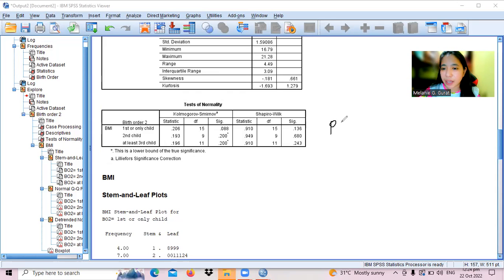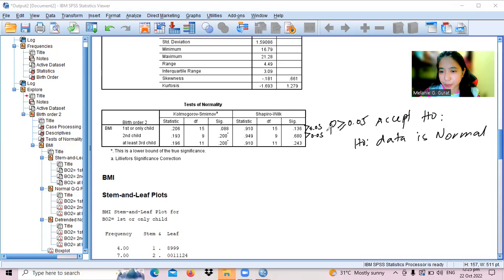If P is greater than or equal to 0.05, it means that the data is normally distributed because we are accepting H0. And H0 here is that the data is normal or normally distributed. So 0.680 is greater than 0.05, 0.243 is greater than 0.05,